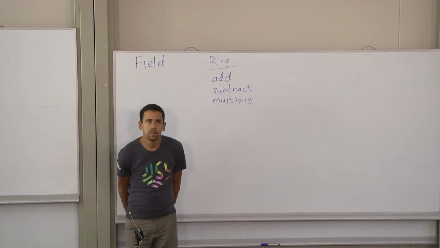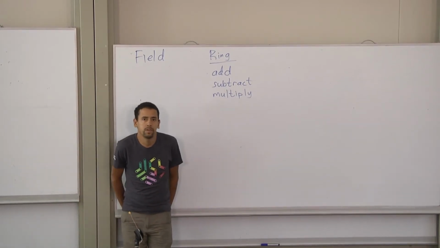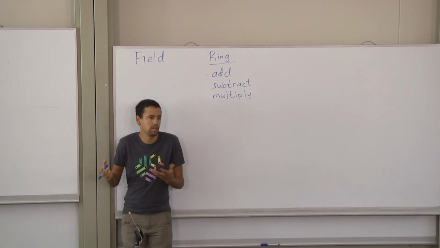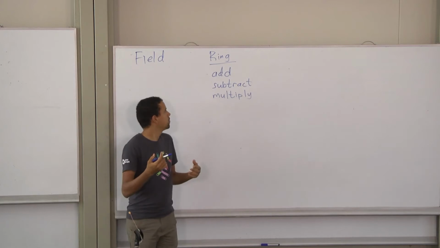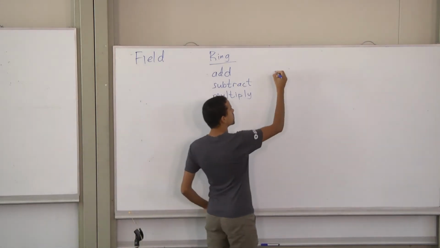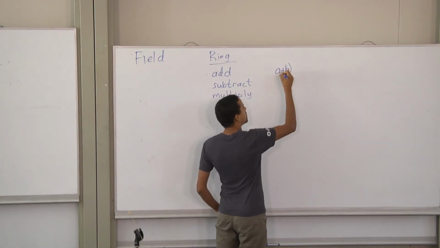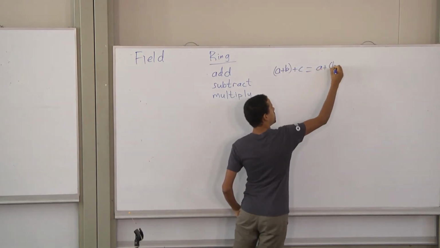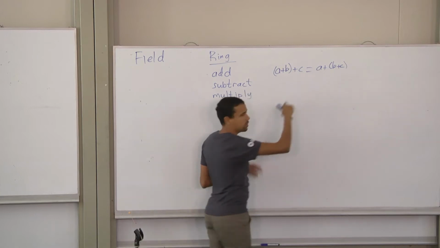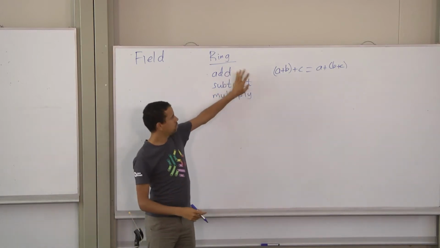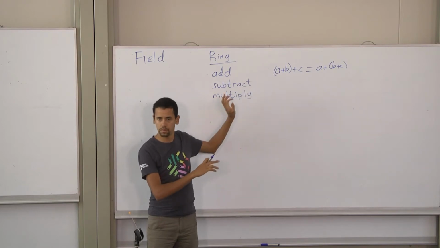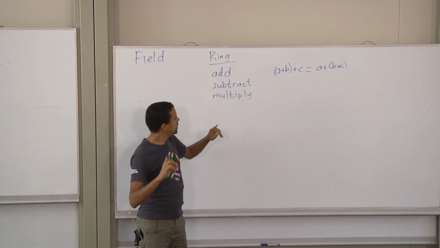And there are conditions that addition, subtraction and multiplication have to behave the way you're used to. Like if I have a plus b, and then I add c onto that, that should be the same as adding b plus c and then a onto that. So all the usual behaviors of addition and multiplication are the way that you're used to,